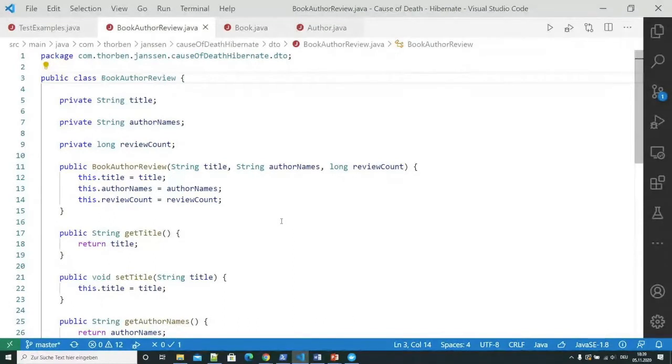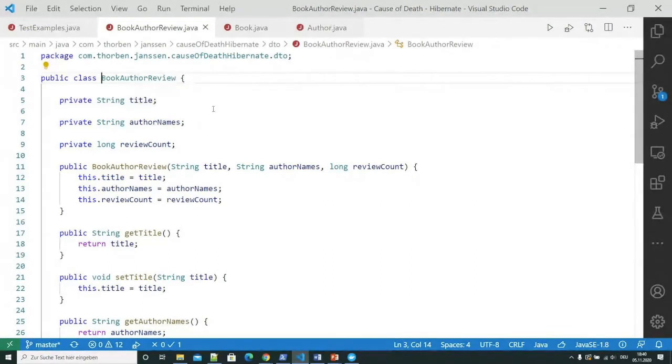So there's actually no need to get the full book entity, a list with all author entities, and a list with all reviews. For the review, we just want the number. For the authors, we just want the names, and for the book, only the title. No reason to fetch the text of the review and the cover of the book and all the other information that we store in the database.